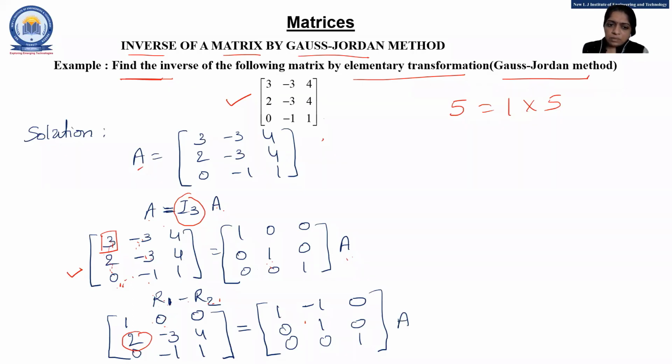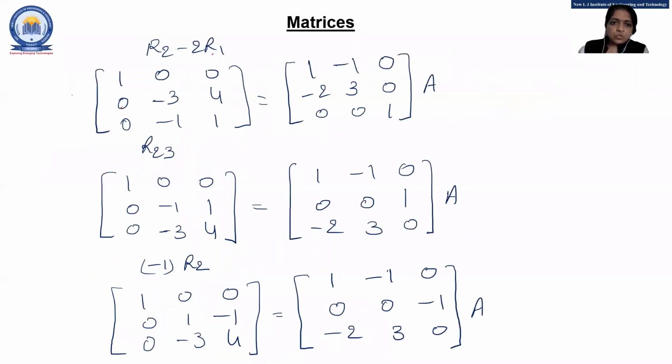If I am doing R1 minus R2, what is my R1? My R1 is minus 3. What is my R2? My R2 is also minus 3. So minus plus, Dev. Right? Okay, so students, here I want to convert this 2 into 0. So by doing R2 minus 2R1, I convert this 2 into 0 form, and whatever changes I have done, I do on both sides, left hand as well as right hand.